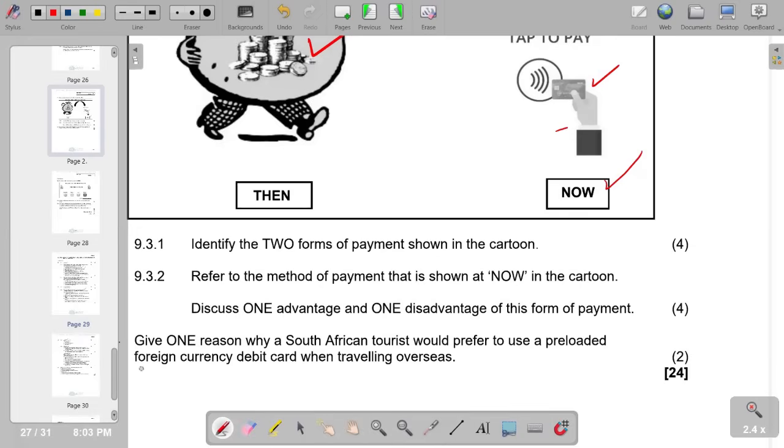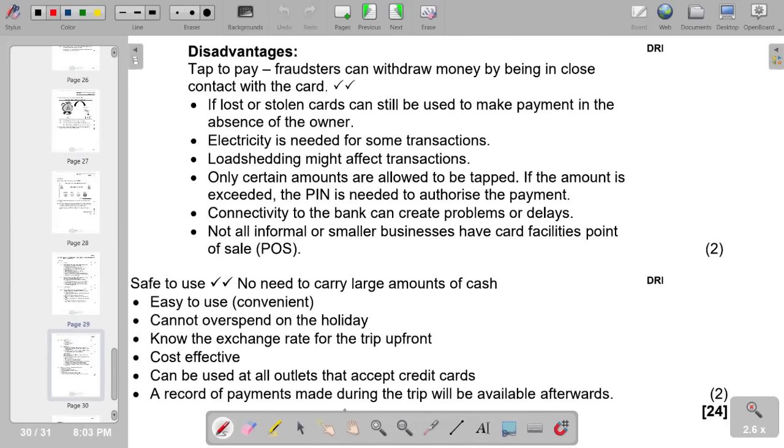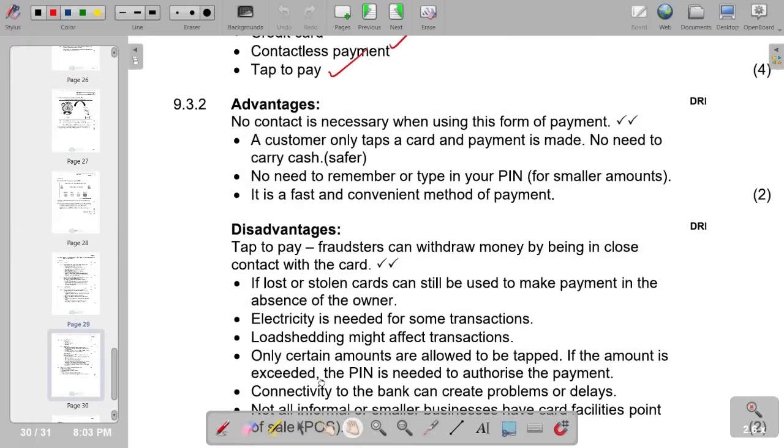So, but the disadvantage is that in some instances the machines that are used to tap do not have power, and it will negatively affect things as the payment cannot be processed. So, those are some of the disadvantages. So, in terms of advantages,